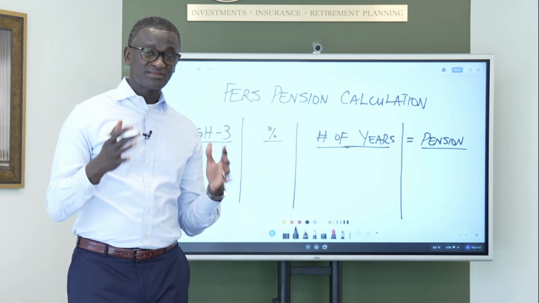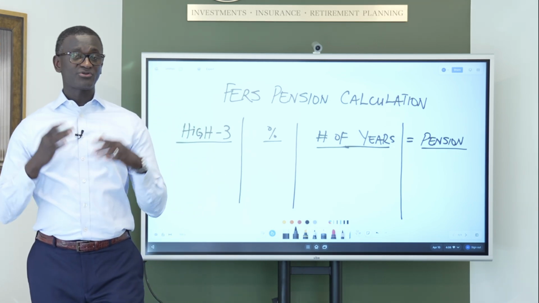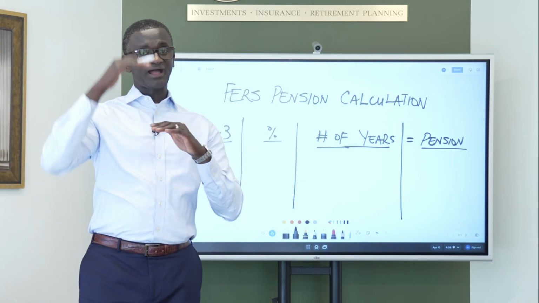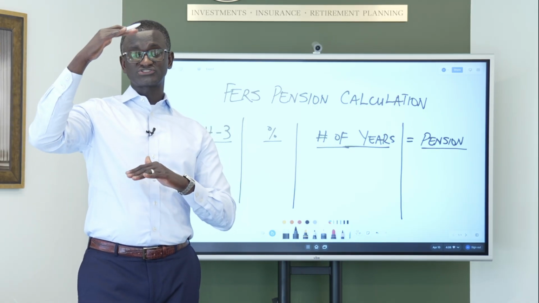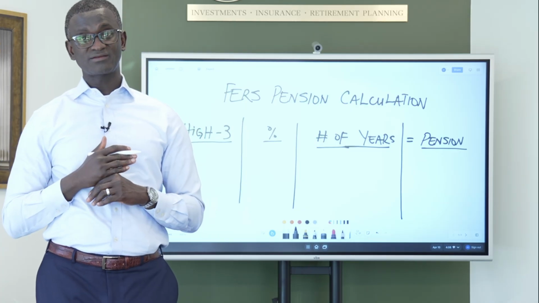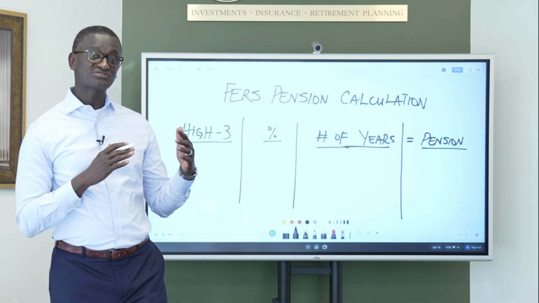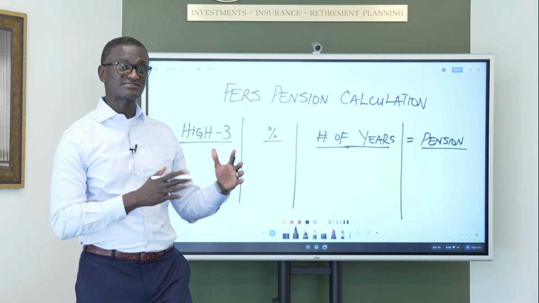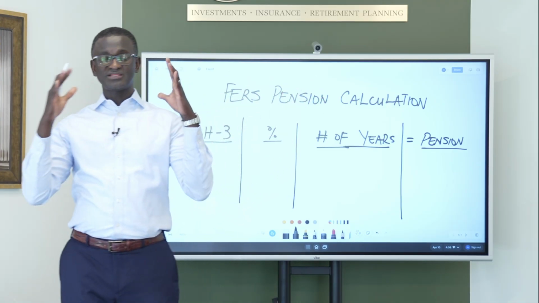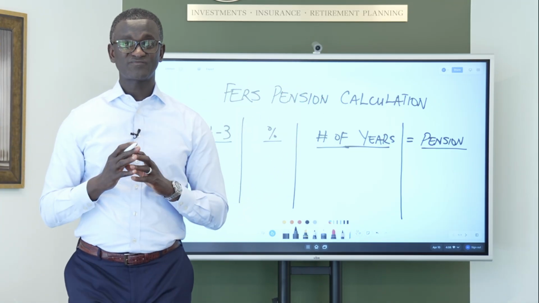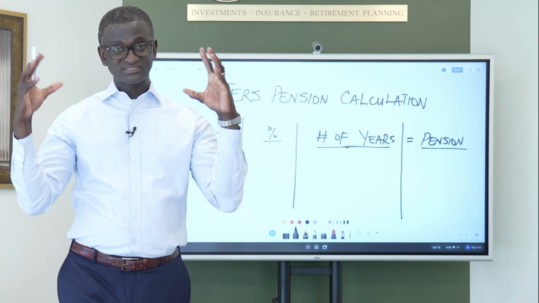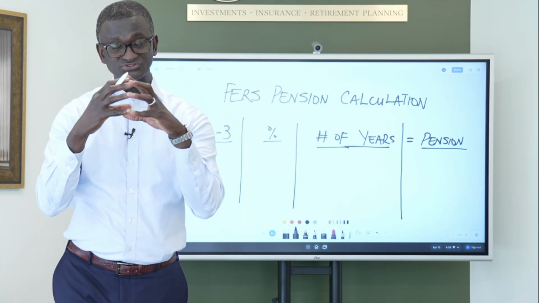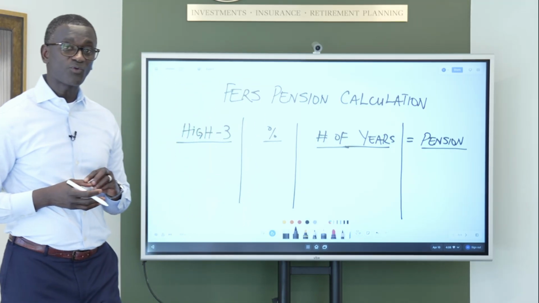But that doesn't necessarily mean that it's always true, because sometimes people could be in a higher grade level and, for whatever reason, family conditions, they might come down to a lower grade level, and they probably will reach their high 3 average during that time frame. So it doesn't matter when that happens. They're going to look at 36 consecutive months, when did that happen, and they're going to take those and average them to calculate your high 3.